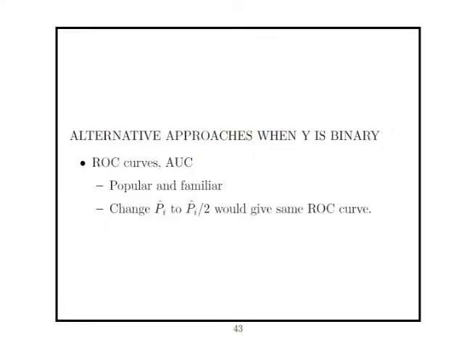So that's Hosmer-Lemeshow. Another very standard way that people use to validate models is ROC curves, look at area under the curve. There's a problem with this, because if I have a predicted probability for lots of people, I just divide all those by 2. So what used to be 20% now becomes 10%. I get exactly the same area under the curve for an ROC curve. So the ROC curve is not good at saying I've got a predicted probability right. It's good at ranking people, but it's not good at assessing whether a predicted probability is correct.